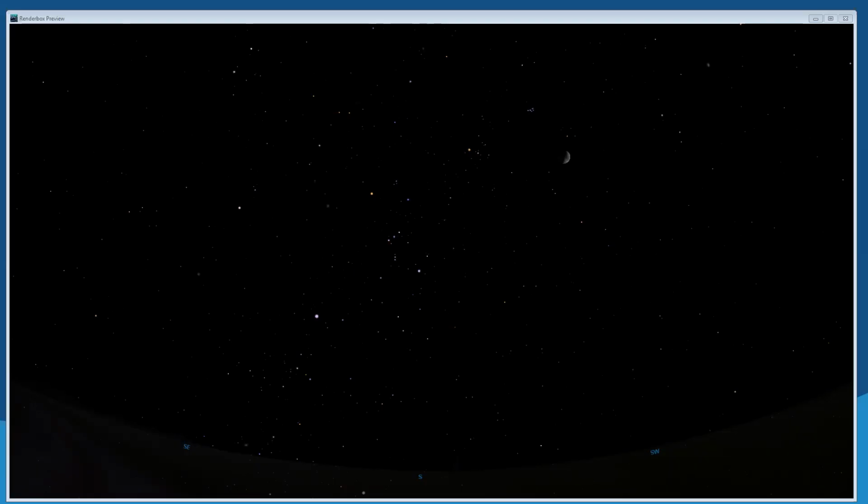Let's take a quick look at a couple of the winter constellations because they're just the best. The easiest winter constellation to find is Orion the Hunter, and he is up all winter long. His belt is the easiest thing to find in the night sky.